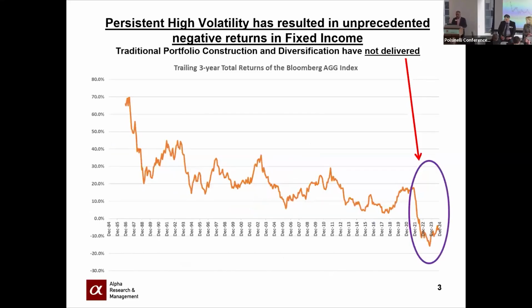And we can see that in the next two charts. This is the total return of the ag. Because volatility has picked up, all the large guys on TV are saying high yield, buy out hedge funds, buy out ETFs. They're creating more and more fixed income active products. And money is flowing into this stuff. The ag has collected over 500 billion, and there's almost 1 trillion in new fixed income funds that have come about that are all quote unquote active. This shows that the 3-year returns of fixed income have been negative.